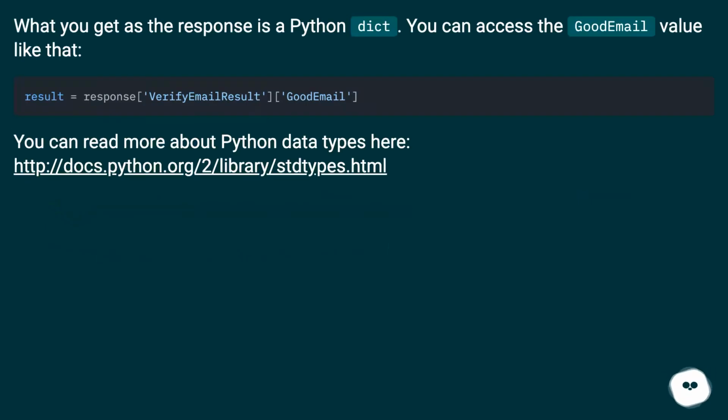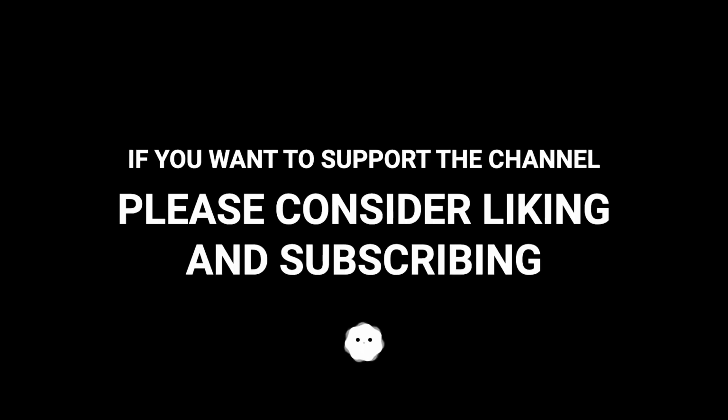What you get as the response is a Python dict. You can access the good email value like that. You can read more about Python data types here. This URL